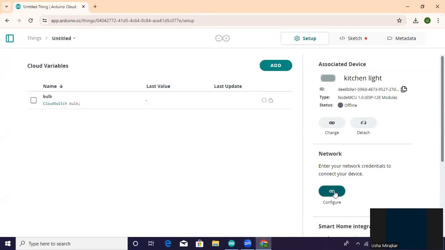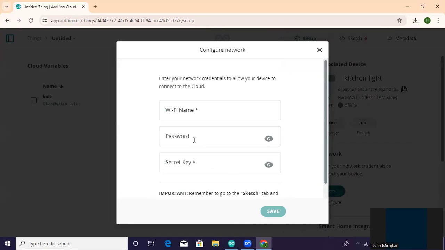Click on the network here, configure. Here give the Wi-Fi name. Give the password here. And enter the secret key which is generated. Already we have downloaded it here.